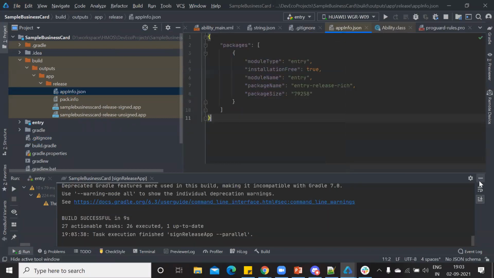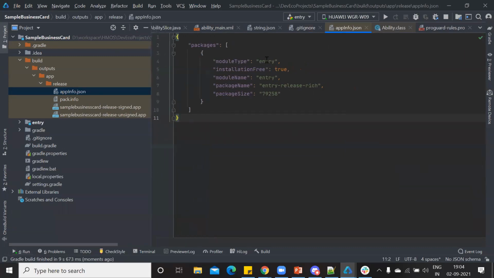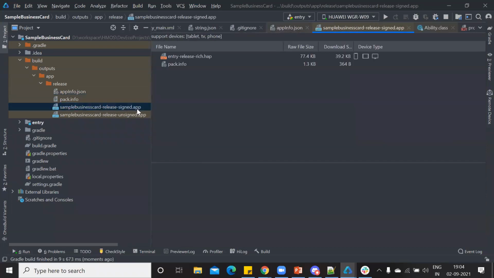Let me remove this. This has just got the module type, installation free, only the basic info. Actual info will be present in the .app file. That is, as you have seen in the slides previously, it will have the HAP files along with the pack.info